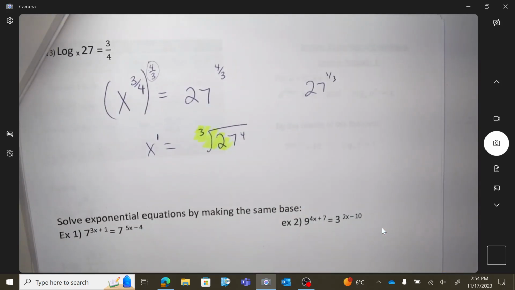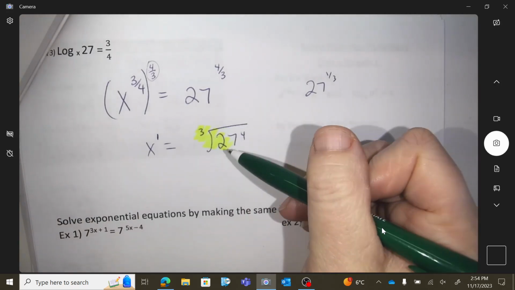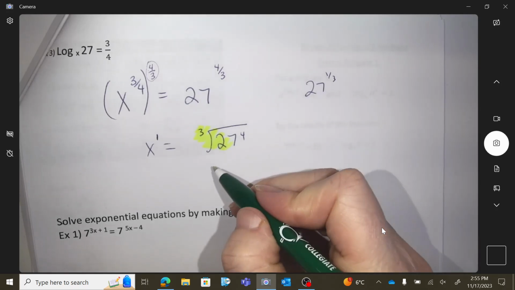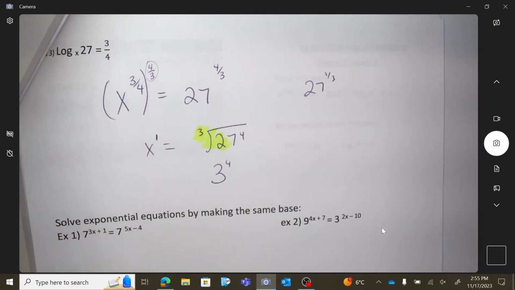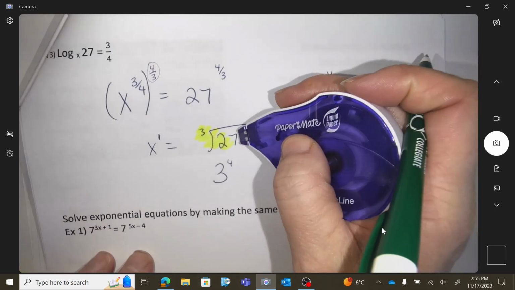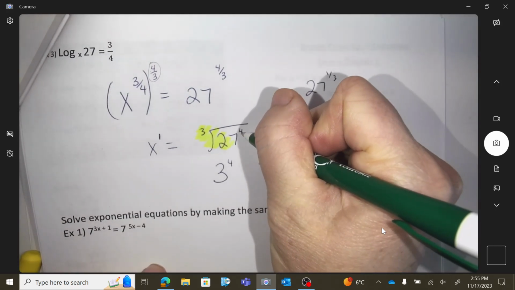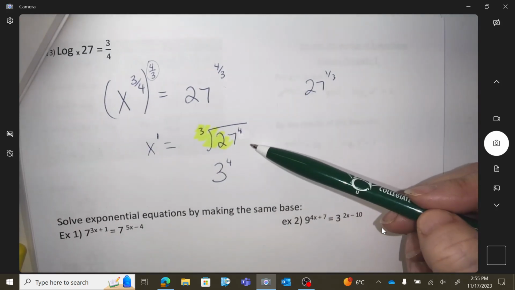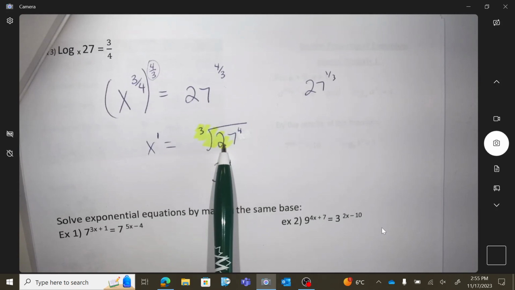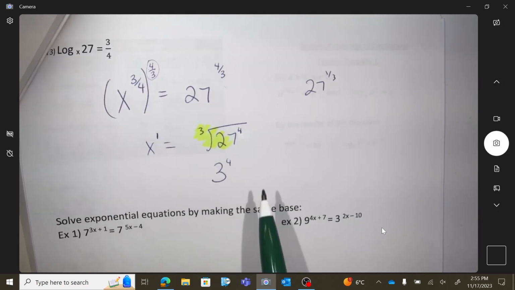Okay, what is the cubed root of 27? 3. So it's 27 to a 4th. That was something you learned in grade 10, right? To change that to that. So the cubed root of 27 is 3, and 3 to the 4th